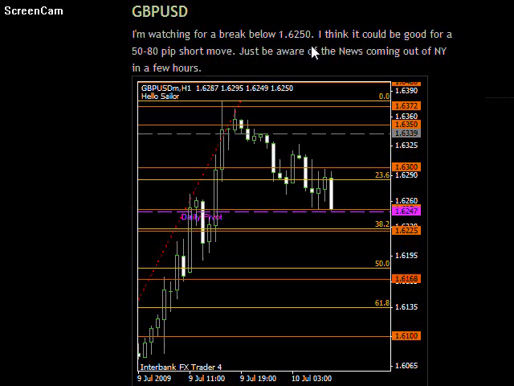I'm watching for a break below 162.50. I think it could be good for a 50 to 80 pip short move. By short, I mean under 100 pips. Just be aware of the news coming out of New York in a few hours. And I always like to